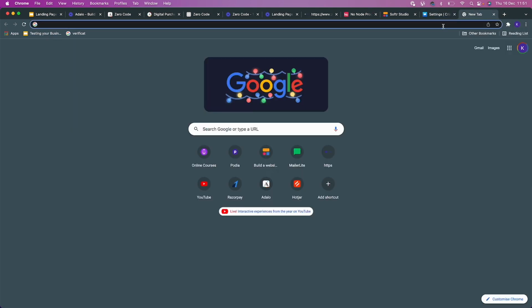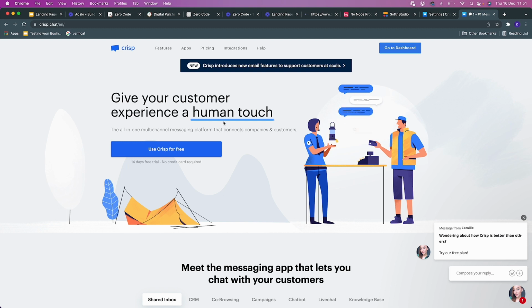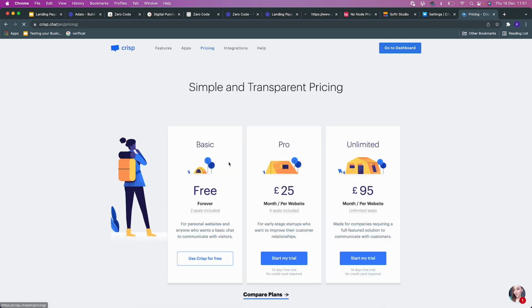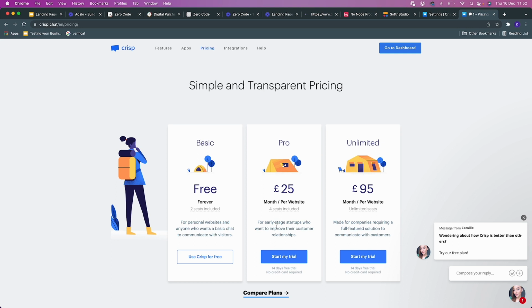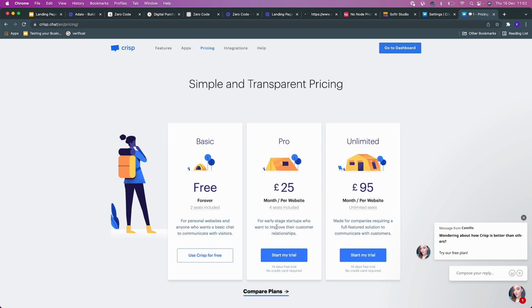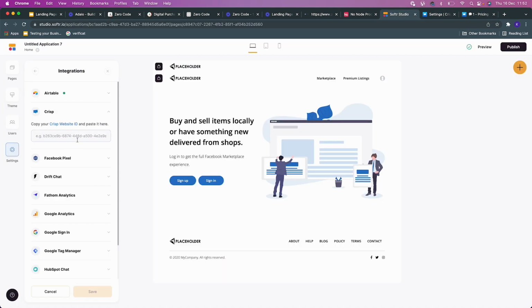So what is Crisp? It's an in-app chat solution. And the best thing about Crisp, and the reason I'm recommending Crisp, is because it's free forever for 2 people to use. So you and your colleague can get access to Crisp and set it up and start chatting with your customers. Obviously, they provide more features and functionalities in their paid plans and also more users for you to act as support desk. But if you're a solopreneur like me, then it makes sense to go with the free plan. And once you sign up and create an account, and when you click this Crisp link here from Softr,